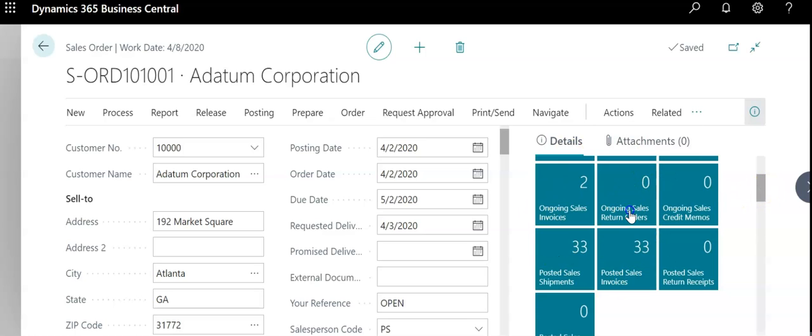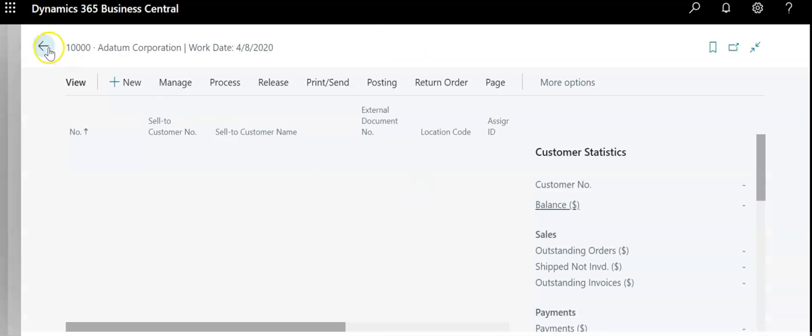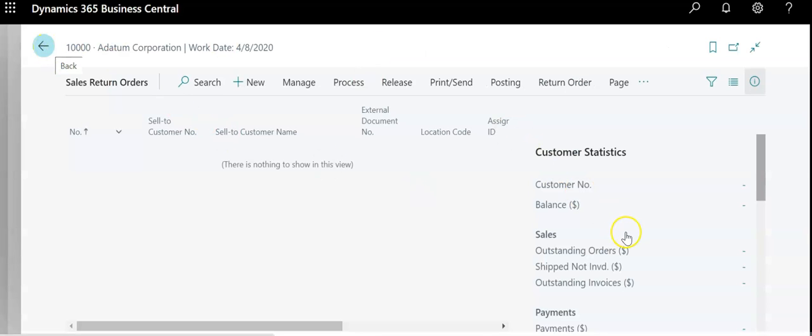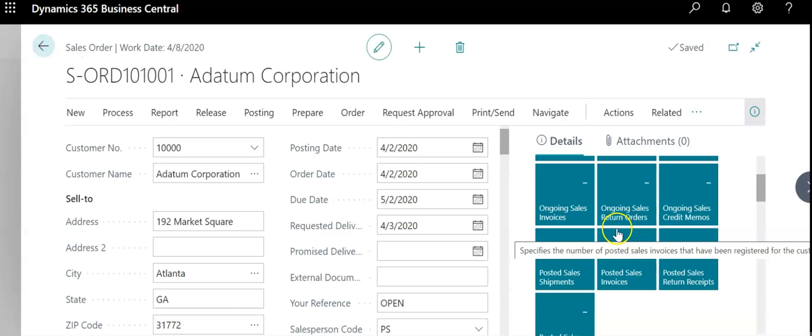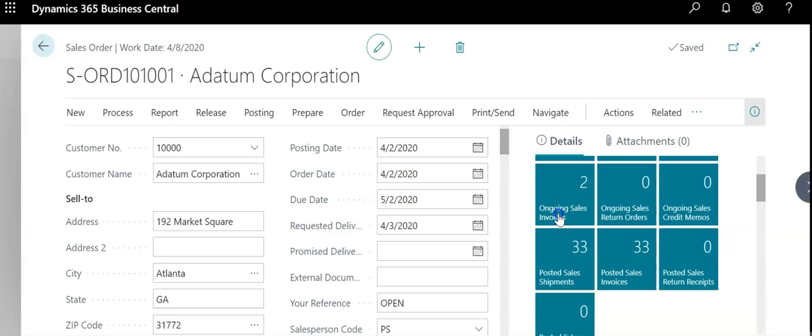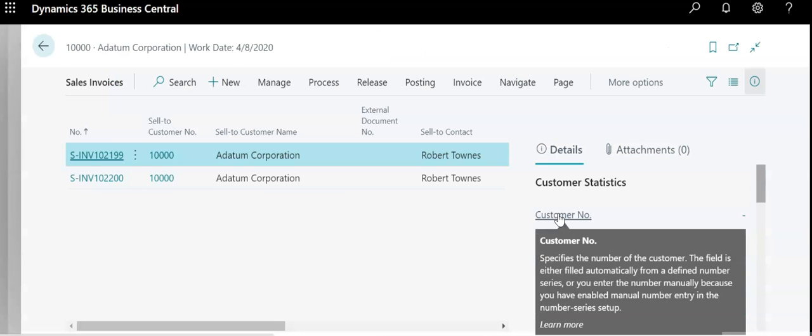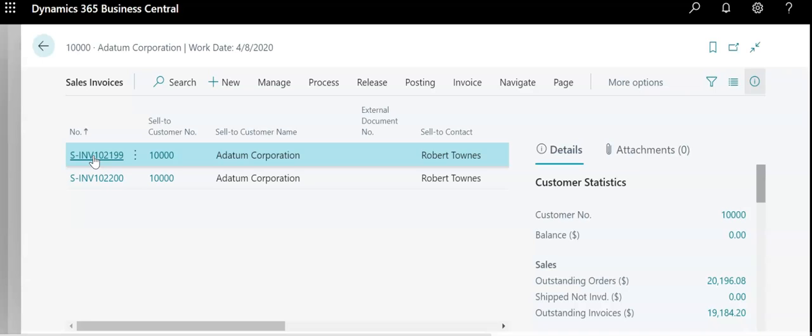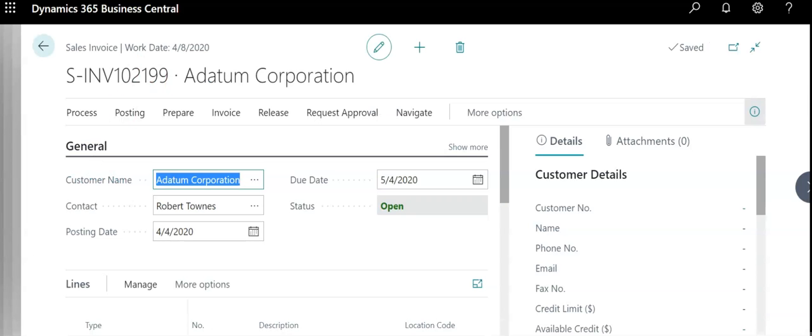But by clicking on these, you can also navigate to the documents. In this particular case, there's no return orders, but it's just kind of a shortcut to navigate to the document if you need to do that. We'll look at invoices really quick. There's a couple of them in here. We won't talk about invoices today, but I just wanted to show you the navigational shortcut that you have here